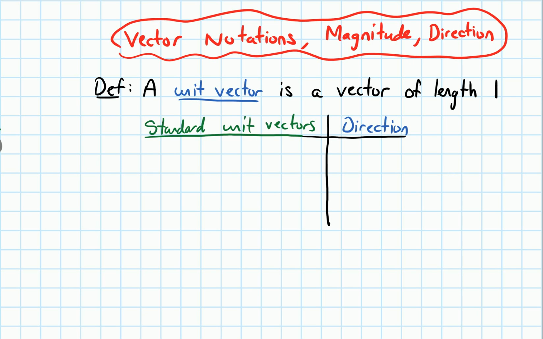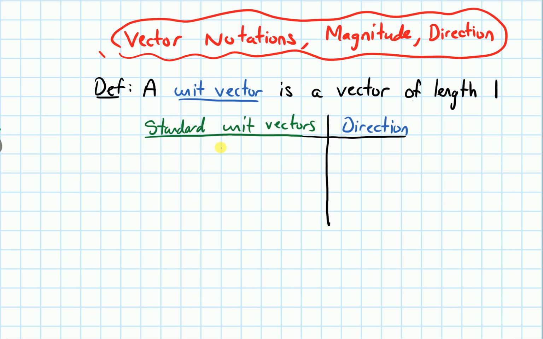In this video, we're going to talk about vector notations and magnitude and direction of a vector. So I want to begin by defining what a unit vector is. A unit vector is a vector of length 1. We technically haven't talked about how we determine the length of a vector yet. I will talk about that later in this video, but it's helpful to have this idea of a unit vector